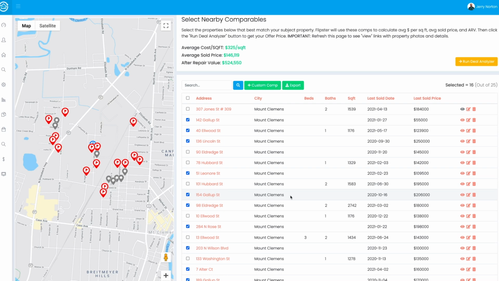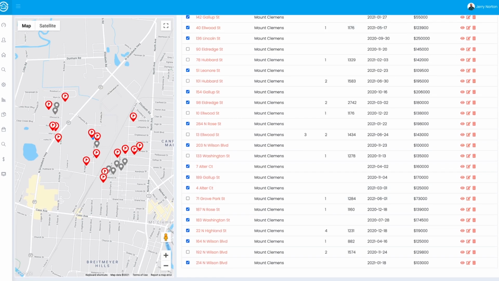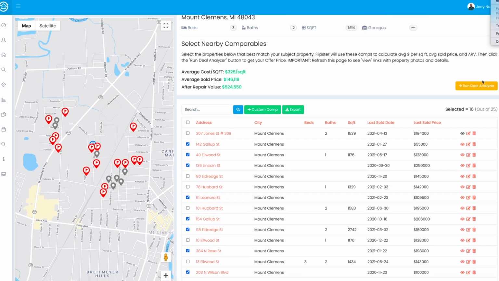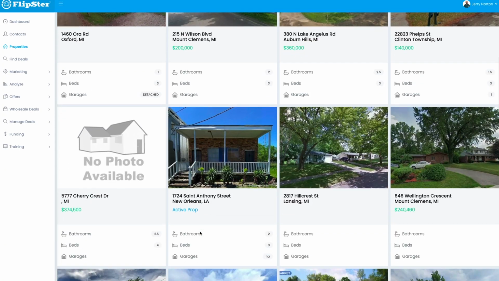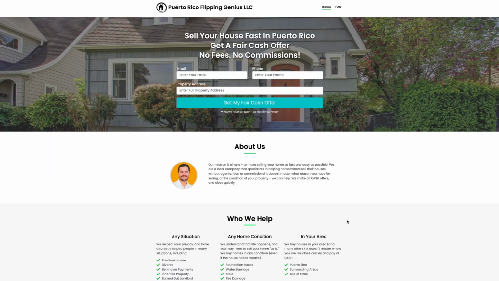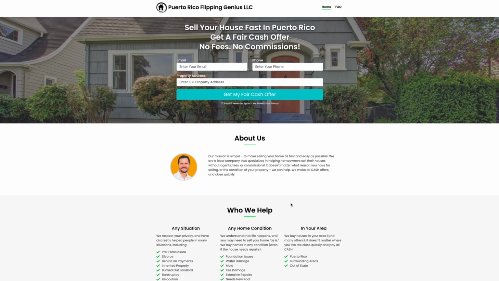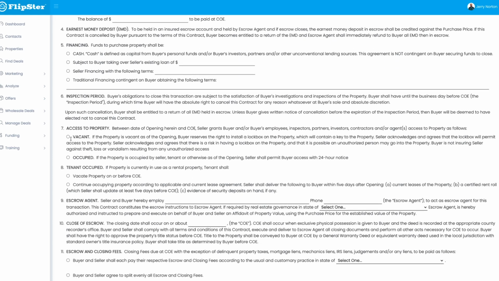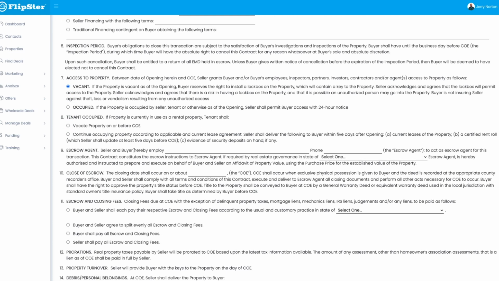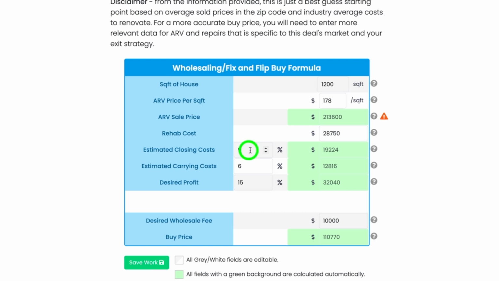yourself. Plus, tools for every step of the house flipping process, including Flipster Comps, which gives you an estimate of any property's value based on recently sold homes in that area, a deal management dashboard with all of your contacts and properties organized in one place, motivated seller websites for attracting ready-to-go sellers in your market, an Offer Generator Pro, a fill-in-the-blank contract generator for making offers in minutes, the Instant Deal Analyzer, which calculates an offer price that ensures